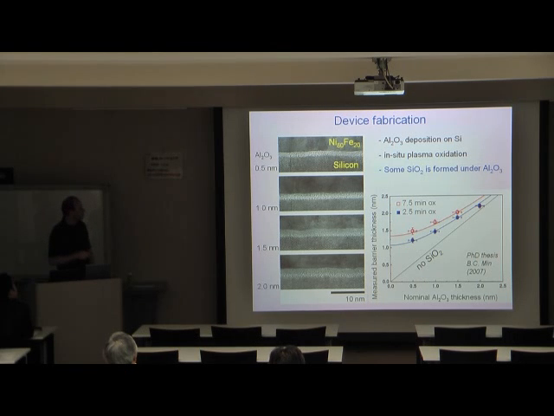We also found that that process also oxidizes the silicon underneath the aluminum oxide a little bit, which you can see by comparing the real thickness of the tunnel barrier that you can observe in TEM cross sections with the actual nominal thickness of aluminum oxide that was deposited. And we find that the actual thickness of the tunnel barrier is always a little bit higher than that of the amount of aluminum oxide that was deposited. So that's due to the under-oxidation of the silicon forming silicon oxide.